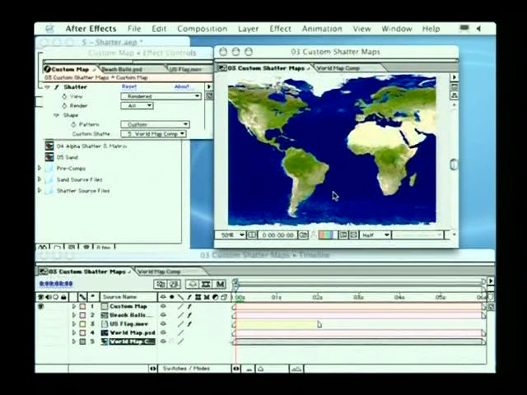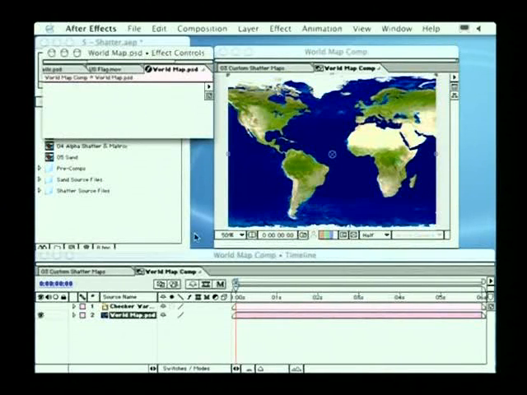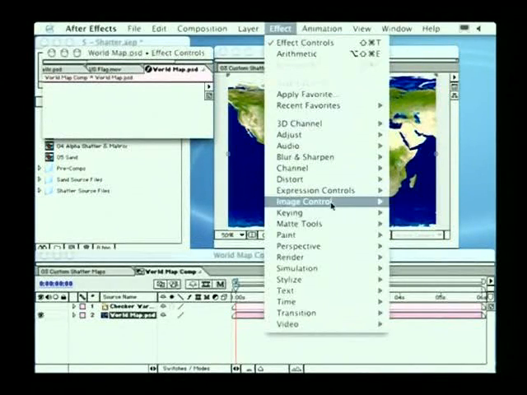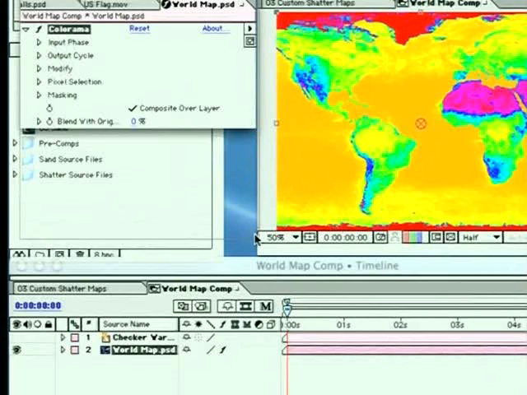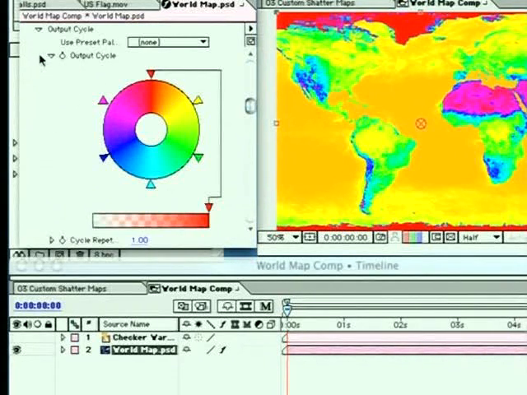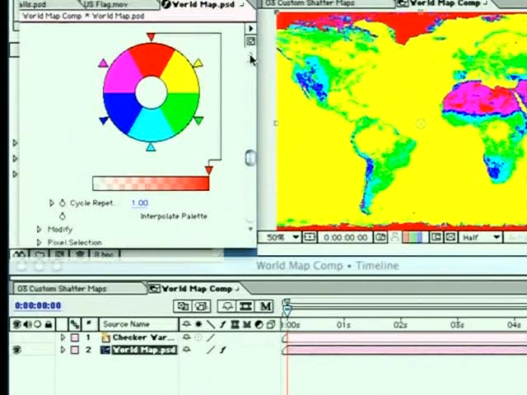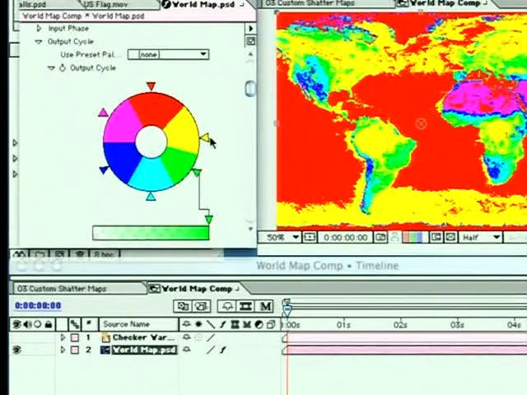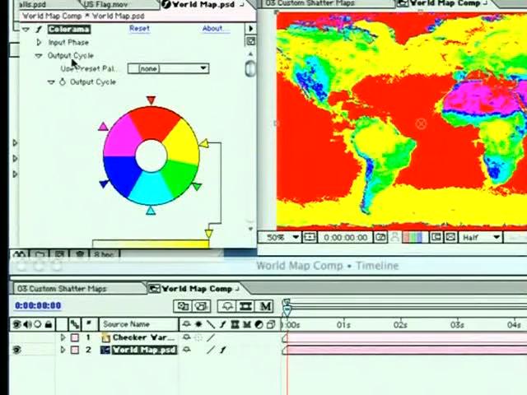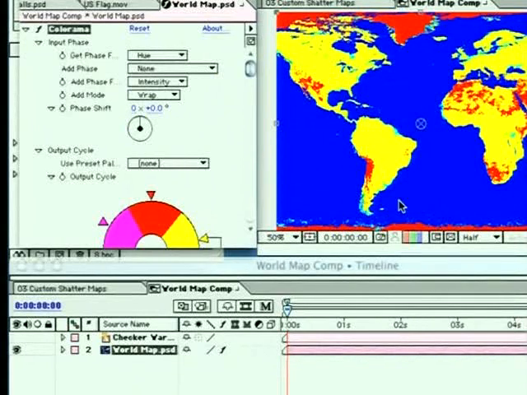So that's good. Let's go back home and go back into our world map comp. And instead of arithmetic, let me get rid of arithmetic. Let's instead apply Effect, Image Control, Colorama. Now we haven't seen this filter yet, and we're going to look at it in great detail pretty soon, but I'm going to twirl open the output cycle. I'm going to go down and turn off interpolate palette. By dragging these palette icons around, we can fine-tune the colors. More importantly, in our case, by adjusting the input phase to something like hue, we should be able to pretty quickly separate the various hues that make up this map